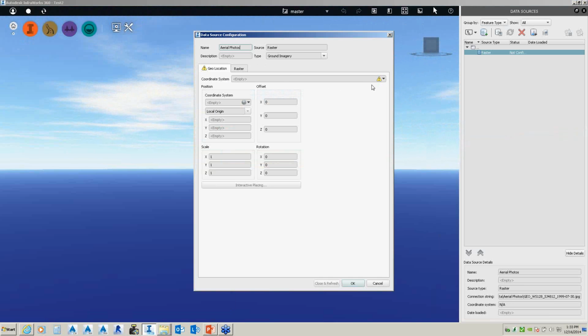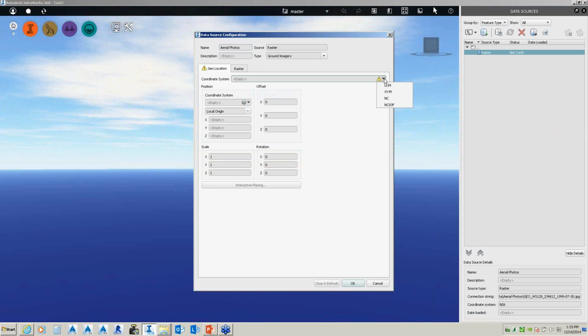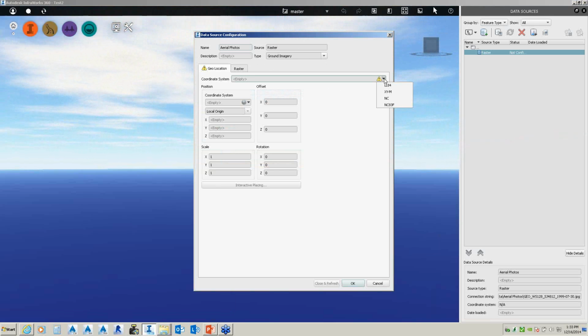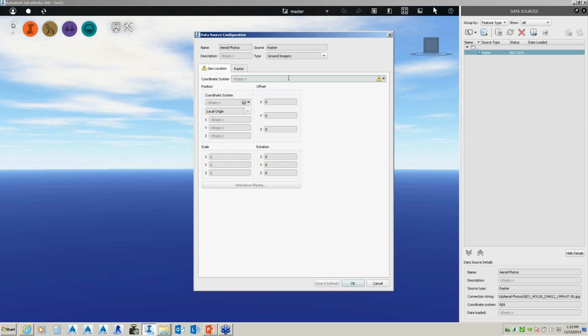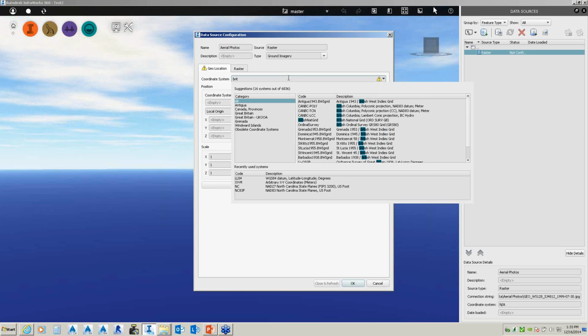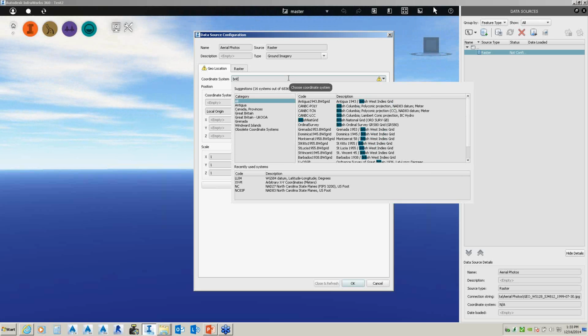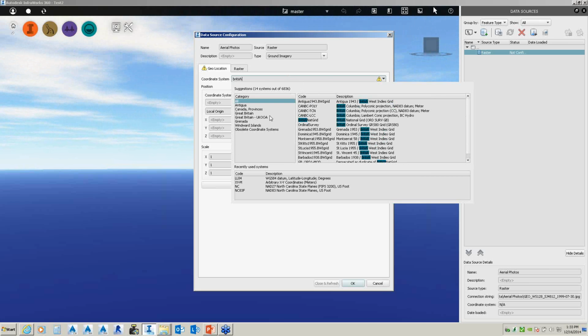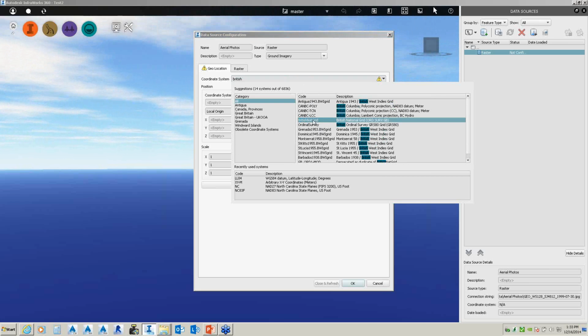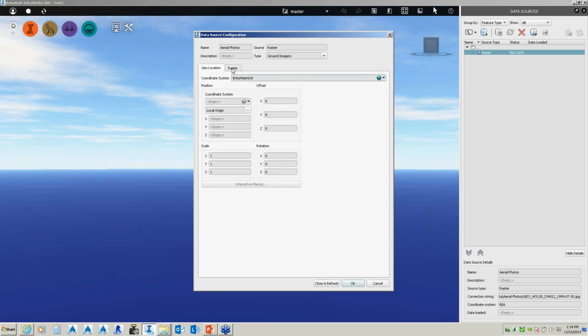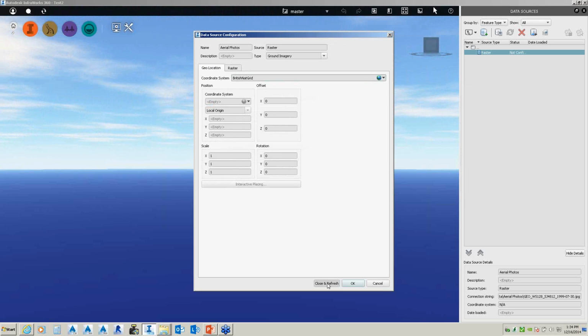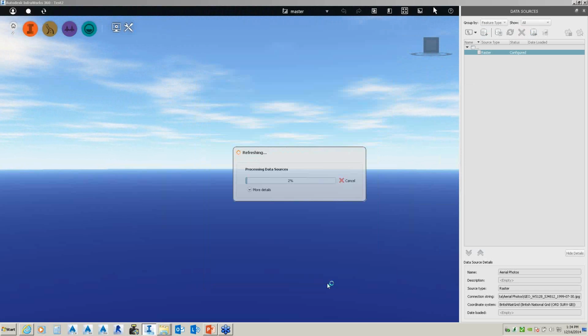And it says not configured. Basically I'll say ground imagery, this is aerial. So I just type in British National Grid. Yeah, let's use British National Grid. Raster images. Close and refresh. Let me just drag and drop them in there. The beauty of working with this is if it has a coordinate and projection file, it will project that on the fly.